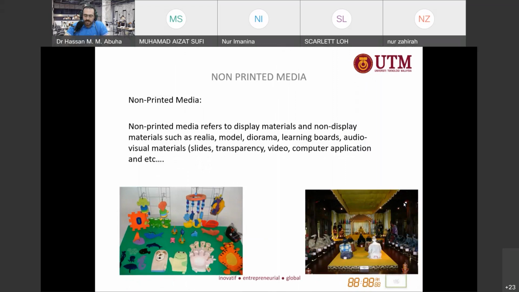For the non-printed media, it's objects that we use to simplify some concepts, materials that are hard to cover by only talking. For example, when we talk about different cultures from different countries, museums, history, we need something to show the students to enhance their critical thinking, how to think about other cultures. So we need to show them something, and we actually need this kind of object when, as I mentioned before, we teach